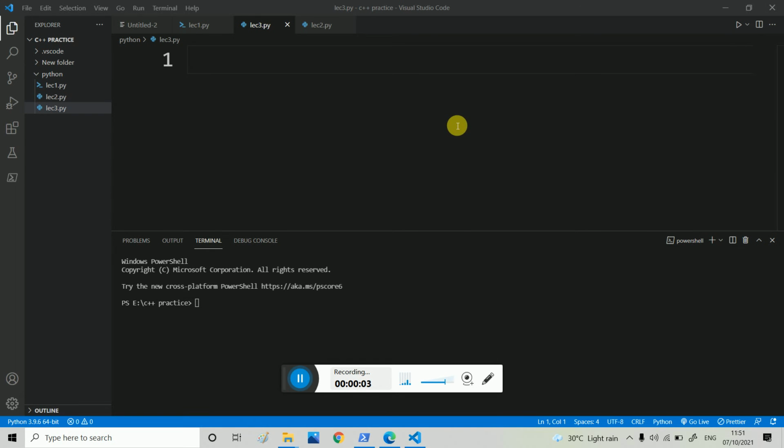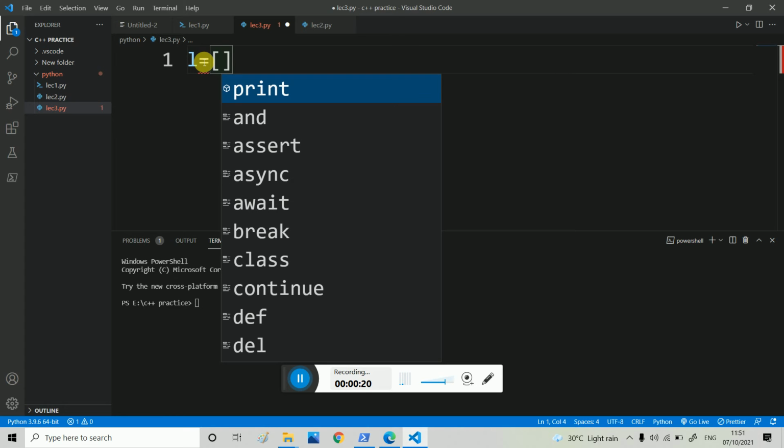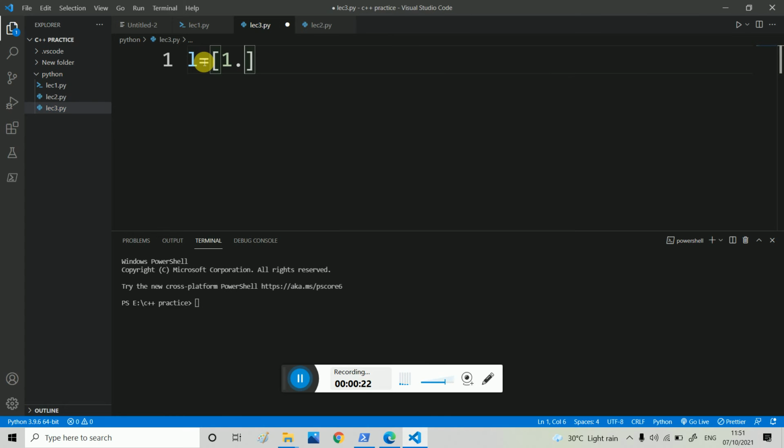In this tutorial, we are going to start lists. A list is a data type used to store any type of data. A list is very easy, and a list is mutable. Strings are immutable, meaning we cannot change the values of a string, but a list is mutable, so we can change the values of a list. We can store any type of value, that is float, int, string, bool.